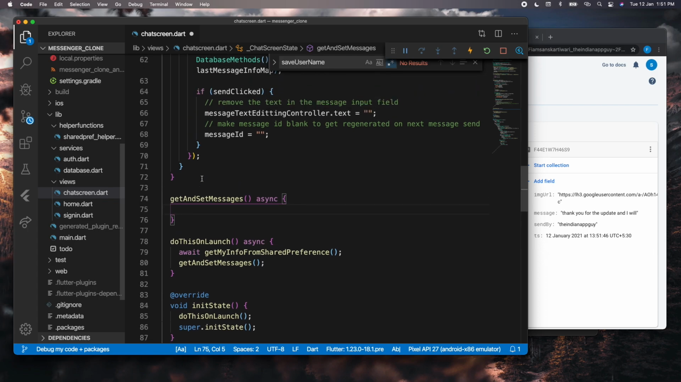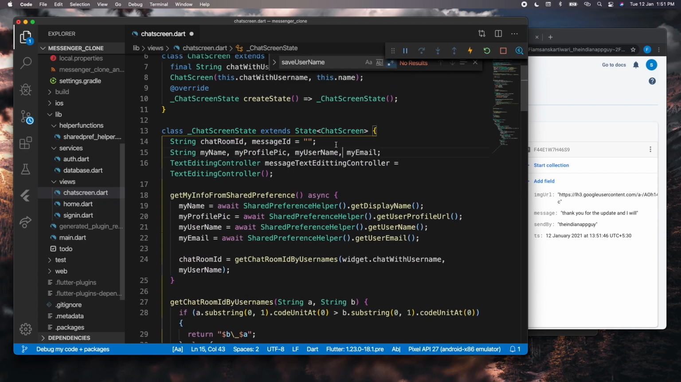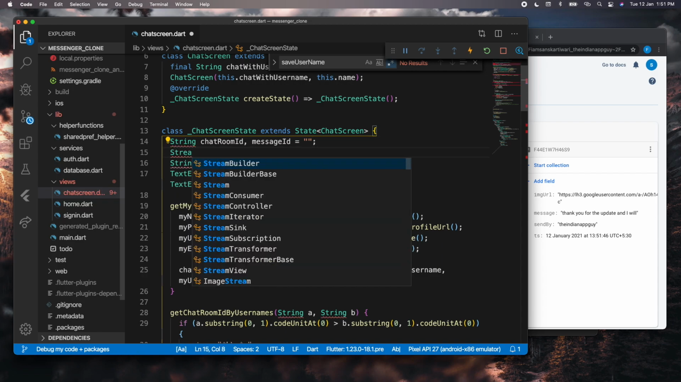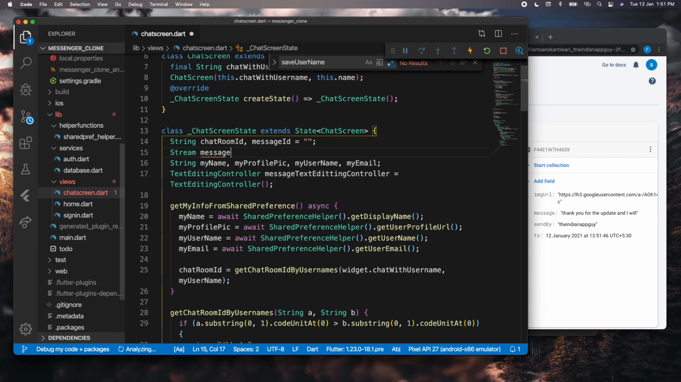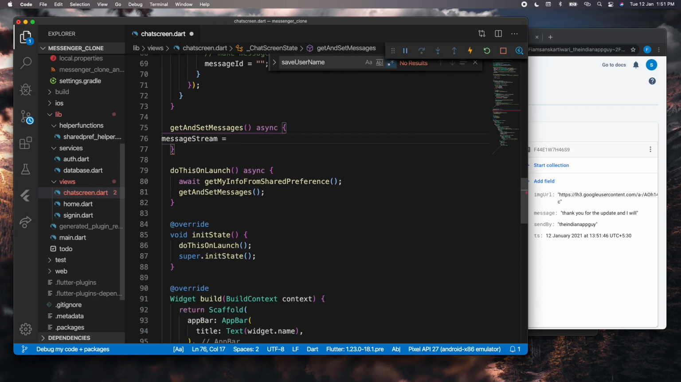So we will be generating a stream of messages to make it real time, because the whole idea with messages is that you don't want to refresh or go back and open this screen again and again to see the latest messages. You want to be on this screen and see the real time updates, changes instantly, right? So to do that, we need to generate a stream of messages. So I'll go ahead here and I'll say Stream, message stream. There we go. I will grab that stream of messages. I'll say message stream is equal to